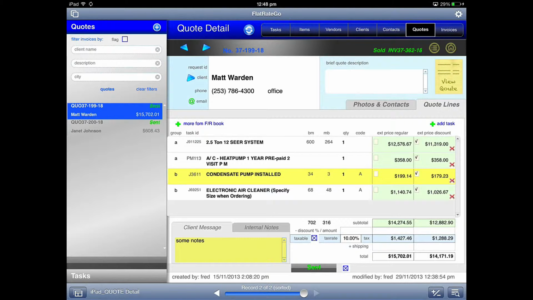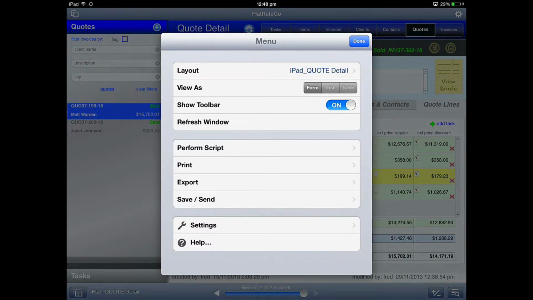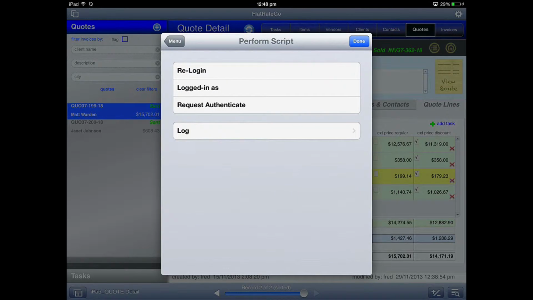Just below that there's a little gear icon. If you select that, that takes you to a menu, and you'll notice in the middle of it, it says Perform Script. So when they first open and log in to FlatRate Go, if they go here after opening it and just click Re-Log On,